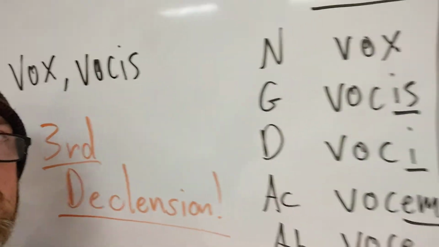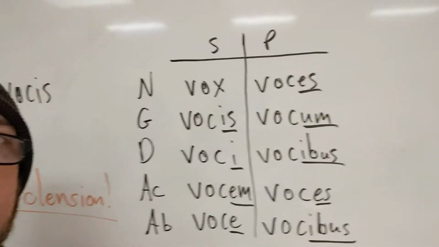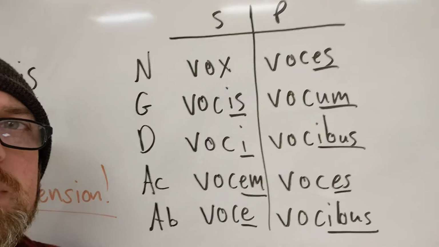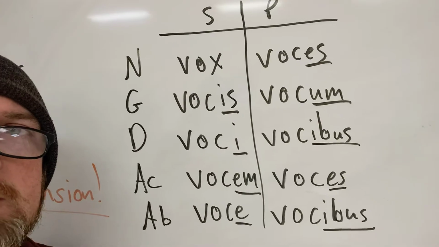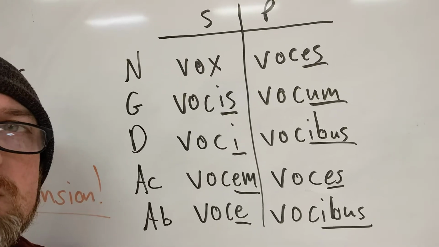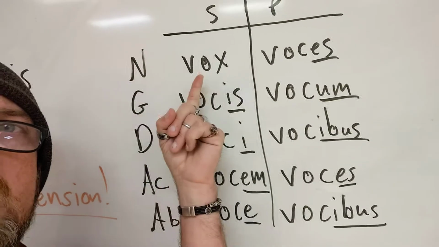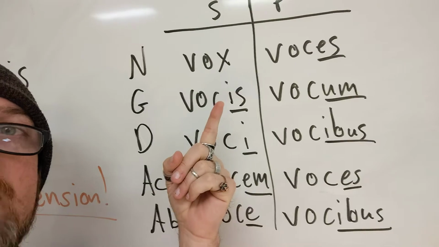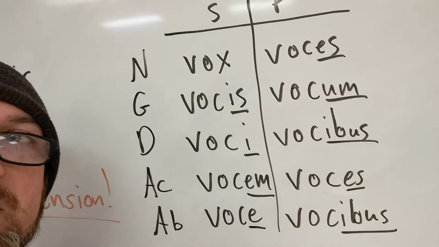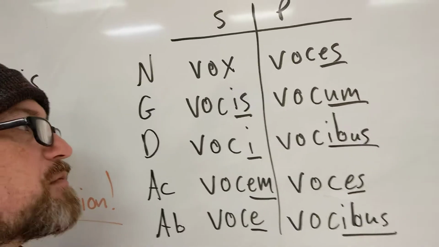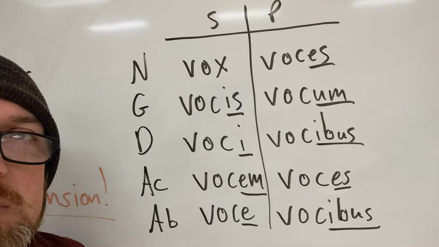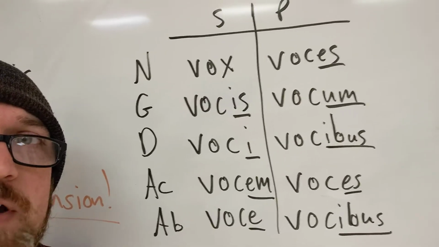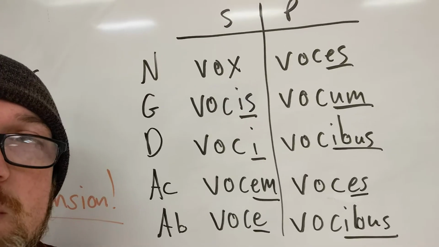And you can see that here in the full table. Now, I did show you the third declension endings in the last video, so this is a bit of an overlap, but here I have not just the endings, but the actual stem change in front of it. So what you see here is that the nominative form looks one way, and then the stem changes into the genitive, and then after the genitive, you just keep using that stem literally everywhere else. The only spot where you might not use that is the vocative, which I didn't write down. But otherwise, everywhere except that nominative singular, you are in fact using the same stem, and that stem is voc.